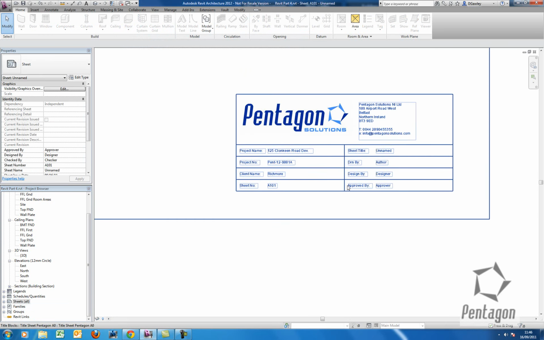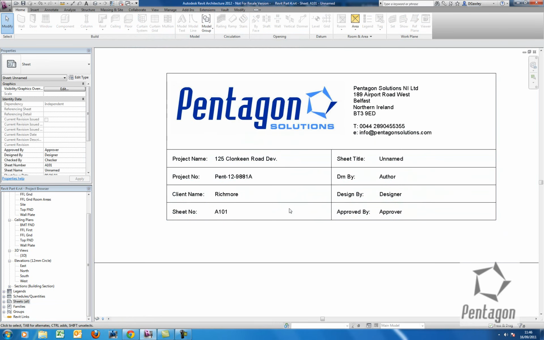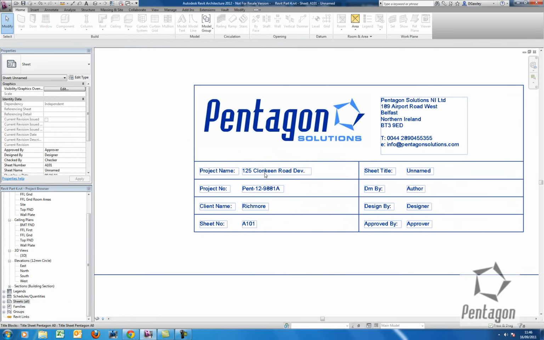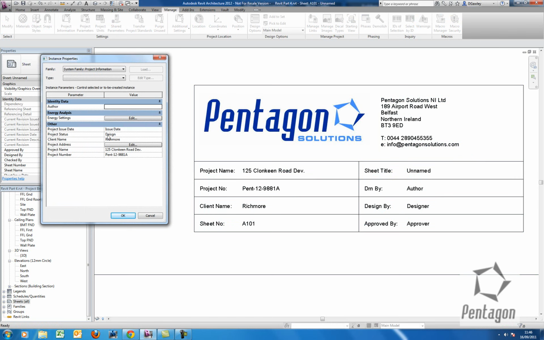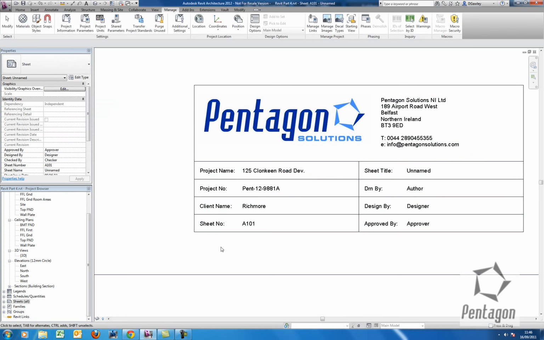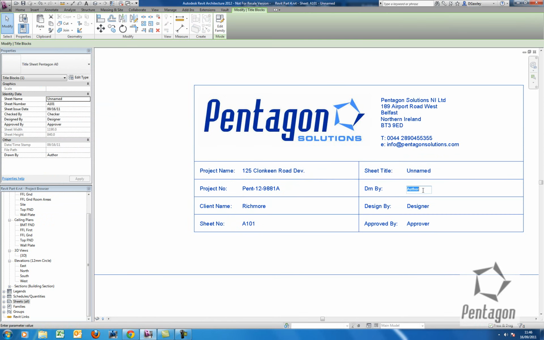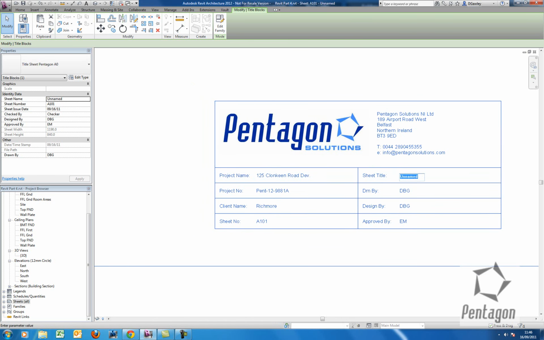You'll see that it's taken the project information automatically, and it's filled all this details out. Where's the project information come from? Under manage, you can see project information and you can fill it in. The details that it doesn't know the name of the sheet, the author, the designer, or the approver. That's information I would fill in. So I would say, look, I've drawn it. I'm also the designer, but in this case I'm not the approver, someone else is. The title sheet, I'm going to call this elevations,